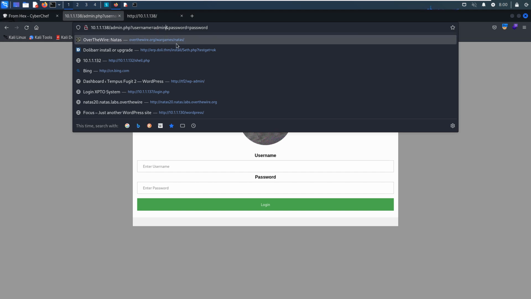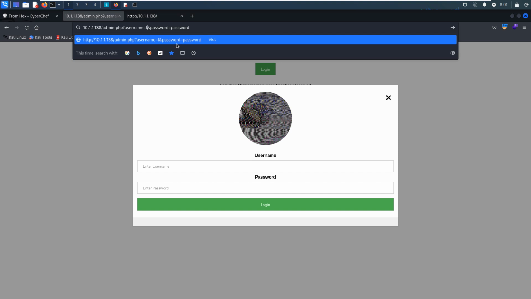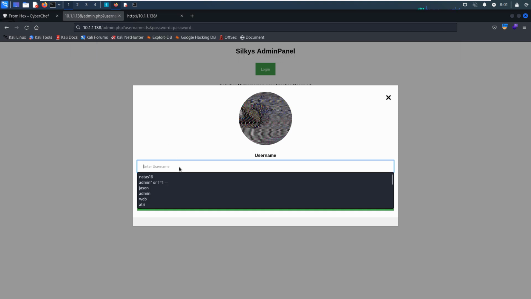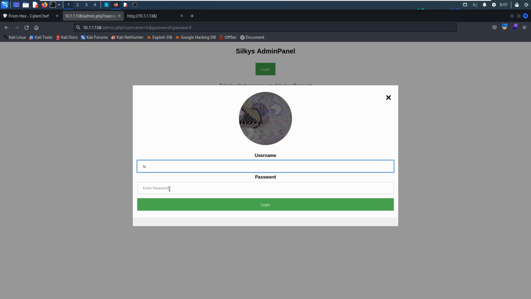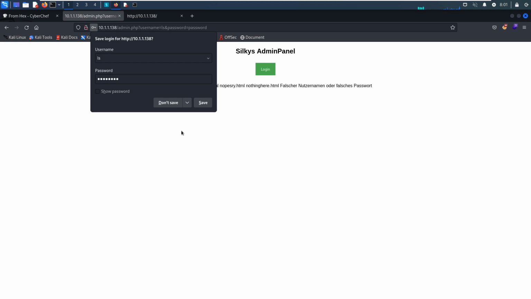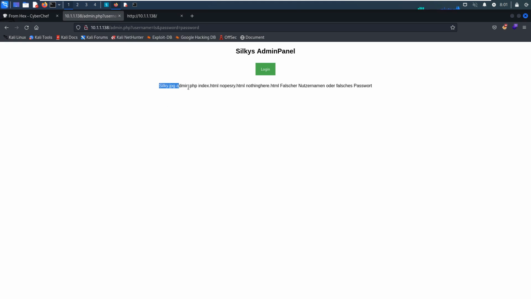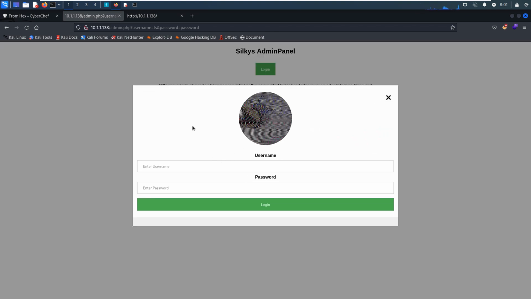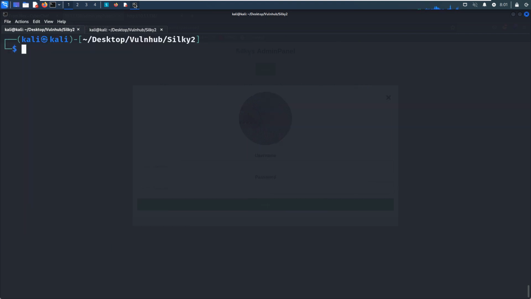So let me test it for you now. For example, we can use the ls command as the username, anything for the password field, and log in. As you can see, the structure, directories, and files of the current directory have been returned from the target. So what can we do next? The objective here is to get the initial foothold, and we need to run a reverse shell command.